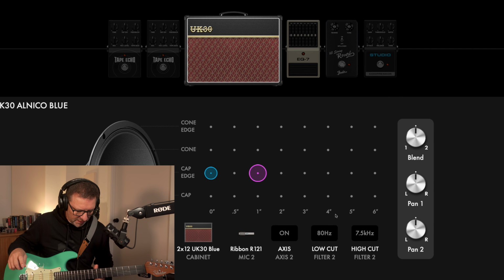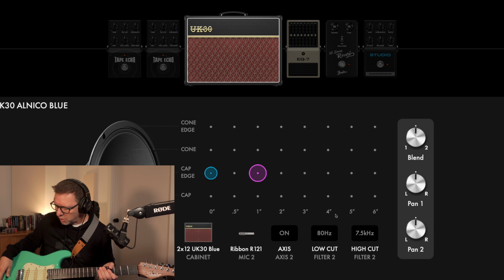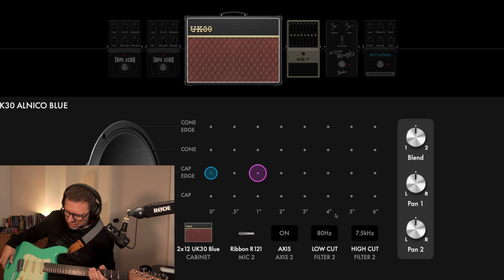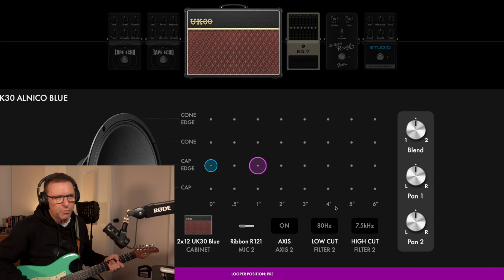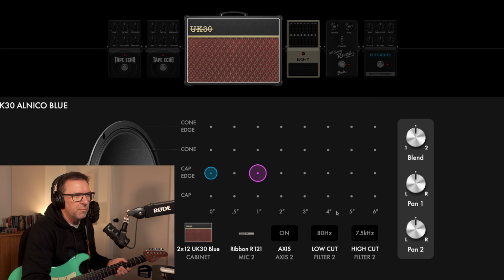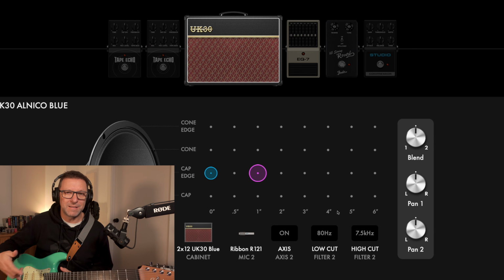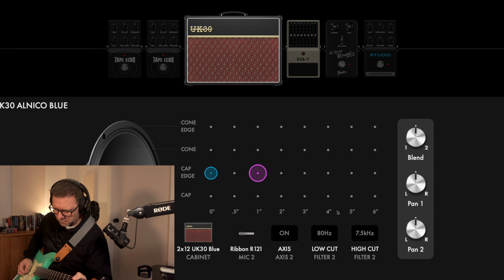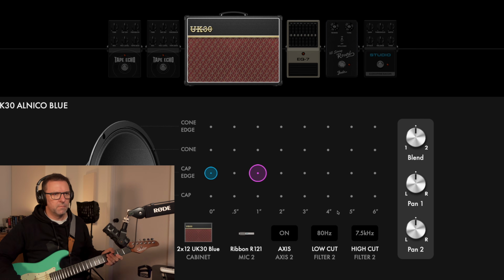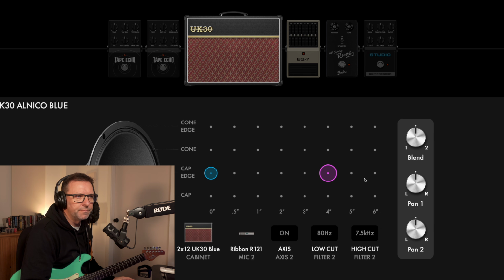Here's a little tip for you. When you're setting up mics, if you go into the looper, you hold it down and then hold it down a second time, it will set the looper position to pre. Now, when looper position's on pre, that means you can record something and then start moving things around and still hear the effect, rather than it being sort of recorded with the effect. And now I can move things around.